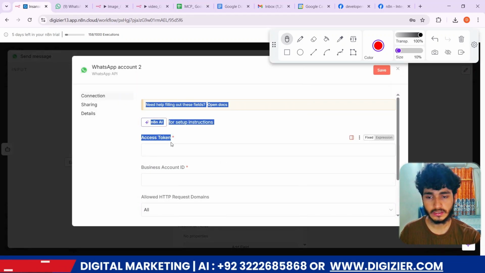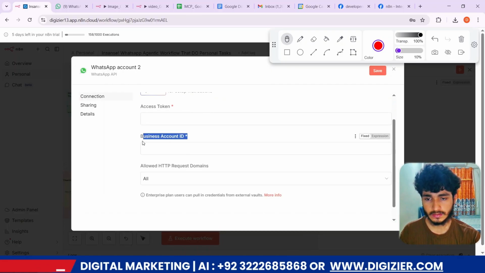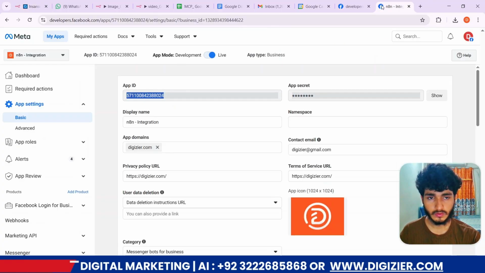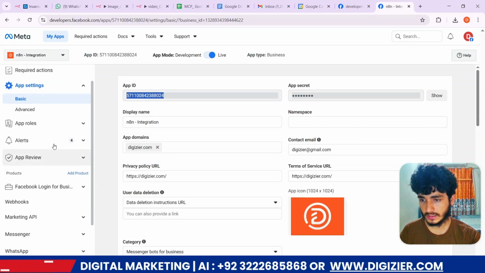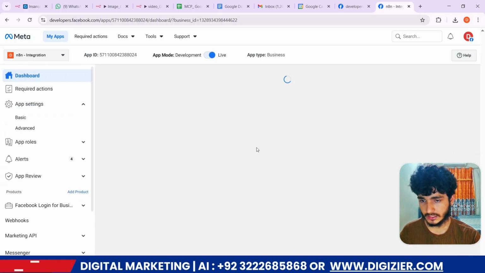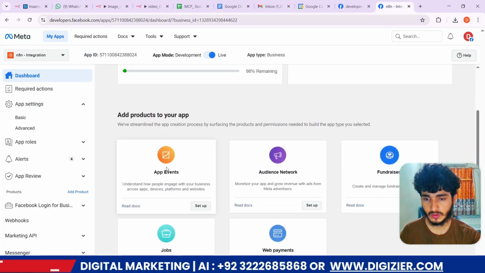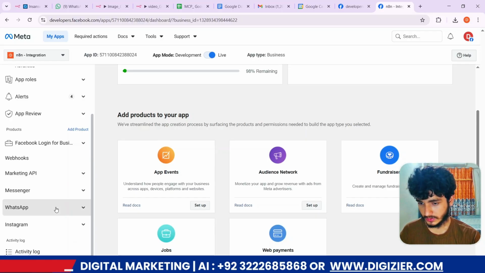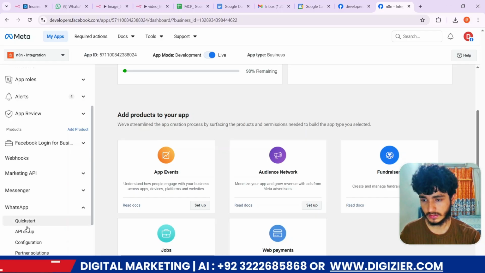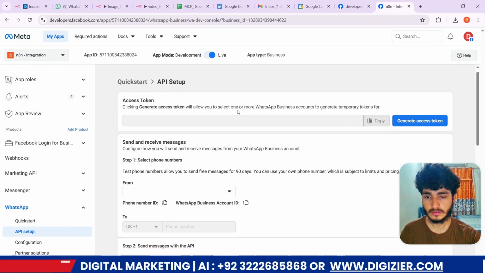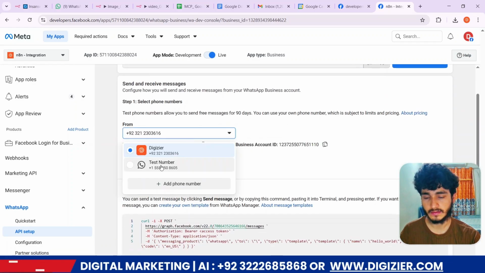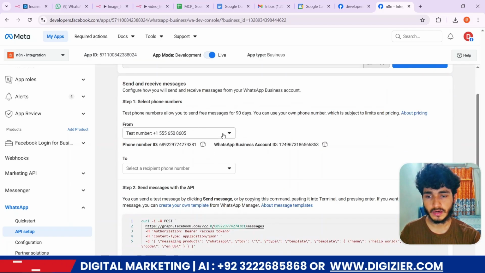Second, for the trigger purpose, you change the output to a new credential, and here you need the access token from your WhatsApp business account ID. So if you don't see any details, go to the dashboard, where you see a WhatsApp app, and just enable this WhatsApp app. You see this option here, and go to the API setup. If you are a new user, you just see the test number that Meta officially provides you. You just copy this WhatsApp business ID